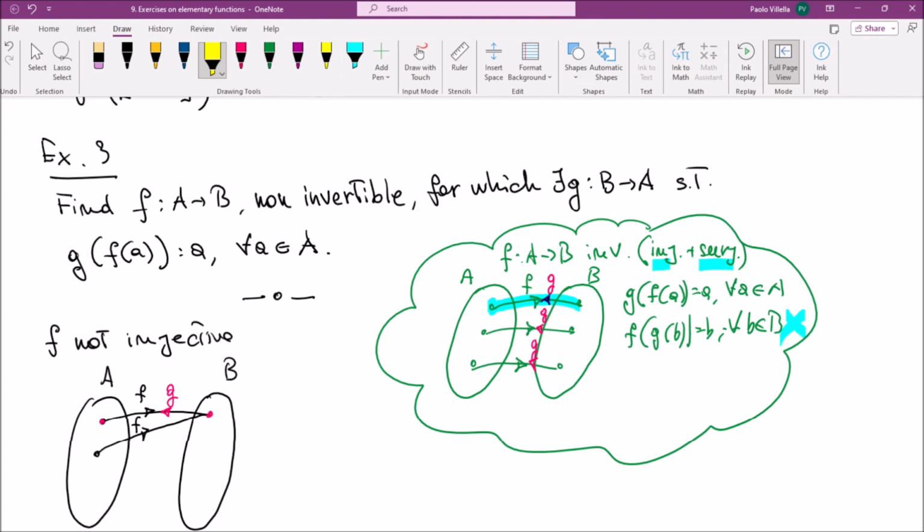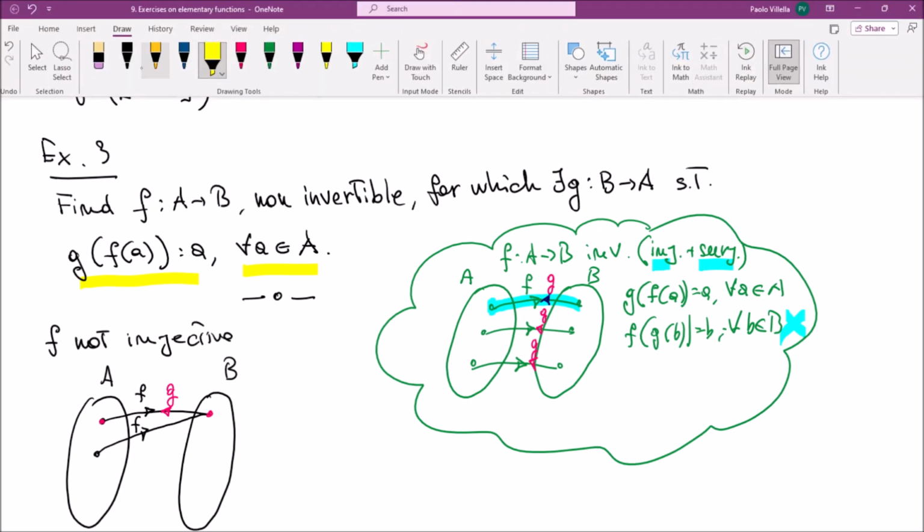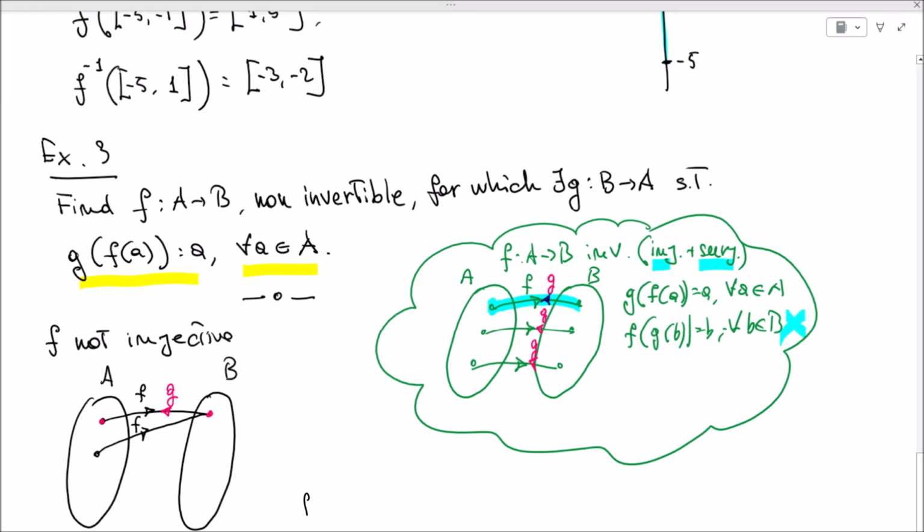The original condition says that g can reach any possible element of A. So clearly we now know that f must be injective,